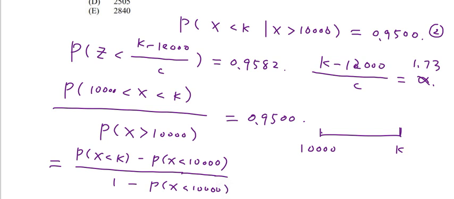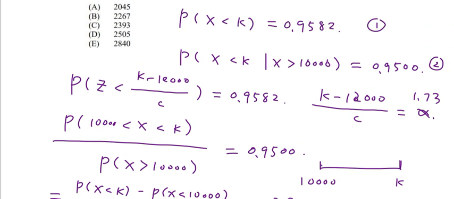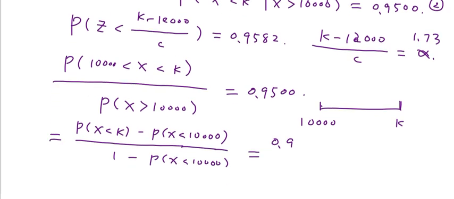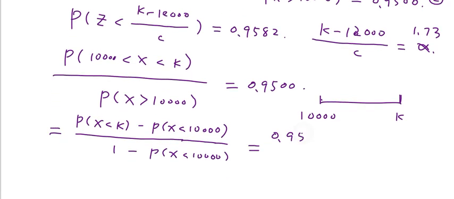Okay. So we know P(X < k), but we don't know P(X < 1000). So we put this as, let's say, now P(X < k). We find P(X < k) is 0.9582. This one we don't know, we put this as x. So here 1 minus x, so such a probability is